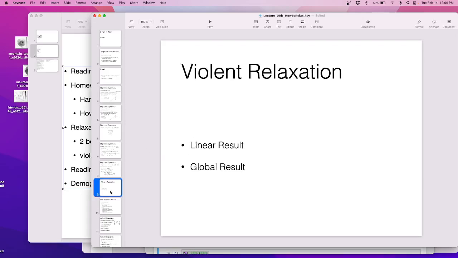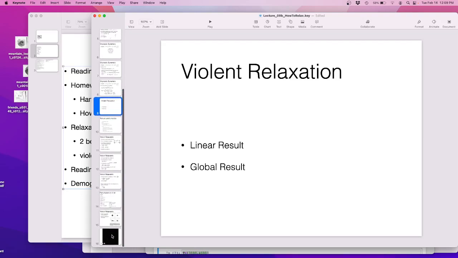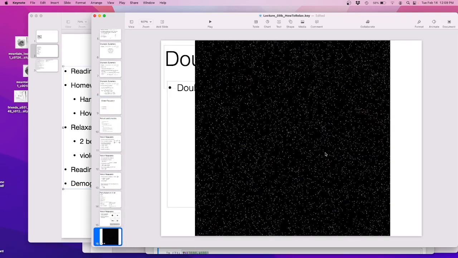Okay, I want to talk about violent relaxation because it's what actually happens. So let's start with the movie. So here I've got a collection of stars, and I didn't write down where I got this from, and I can't find it again, but I want to go reproduce this simulation. So I got this collection of stars, and they all see each other by gravity. There's nothing else in this universe. They all are going to get attracted to each other and then form something small and dense but has way too much kinetic energy, and a lot of it will escape,